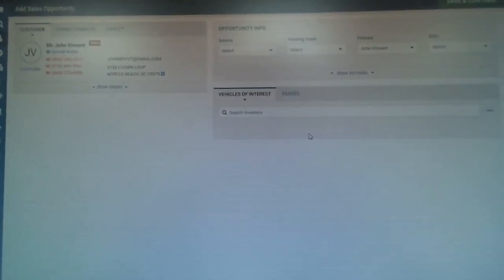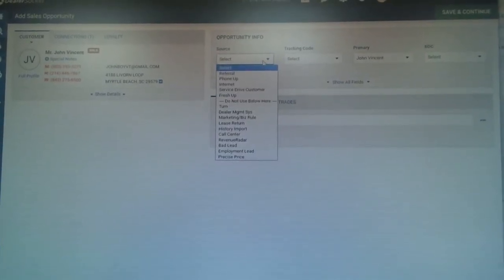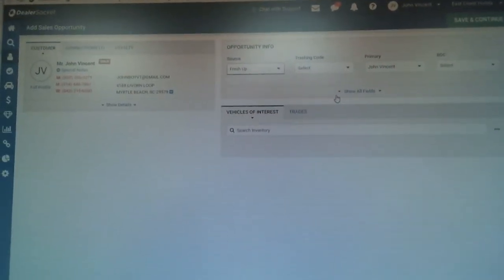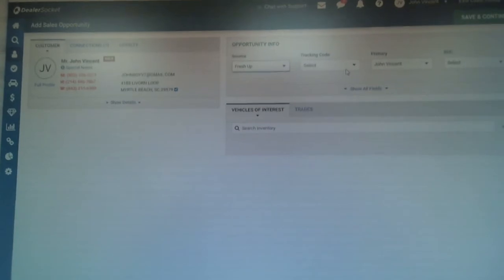Now here's where things are changing, so please pay attention. Before, you used to be able to select source and it would default to fresh up. I'm going to show you why I changed this. If you picked fresh up and this customer actually wasn't standing inside of the store, technically they're not a fresh up unless they're inside the store and that's the first contact they made. Let's say they were a referral. Your friend called you and said, hey, my sister's looking to buy a car. Awesome, definitely want to get them in the system, but she's technically not a fresh up yet because she's not inside the store. If you went over here and hit save and continue,